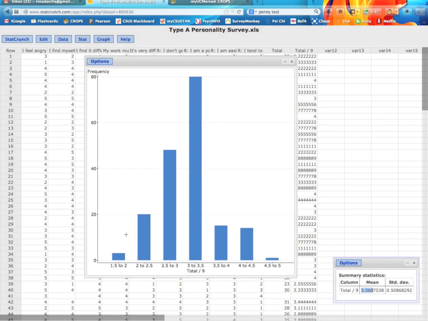But there are clearly more people along the left side of the center, basically low in type A personality, than there are people above center who are high in type A personality. So in this way, you could say that it's somewhat normally distributed, but there is a negative skew, because we're getting more items on the negative side than on the positive side. There could be different reasons for this. One very plausible reason is that this is a younger age group. This was all freshman college students. So younger people tend to be less type A in general.